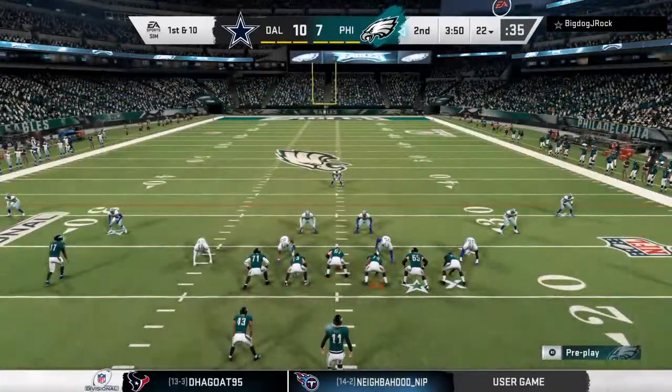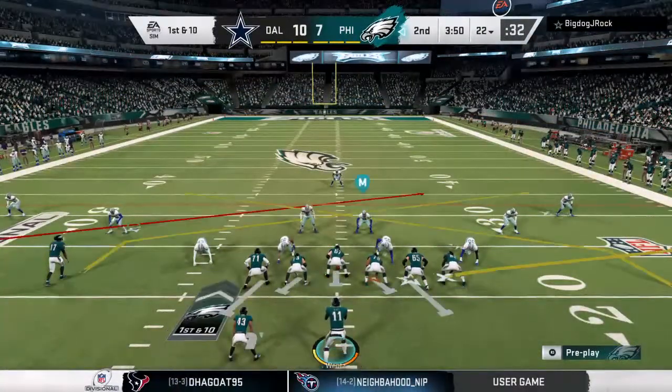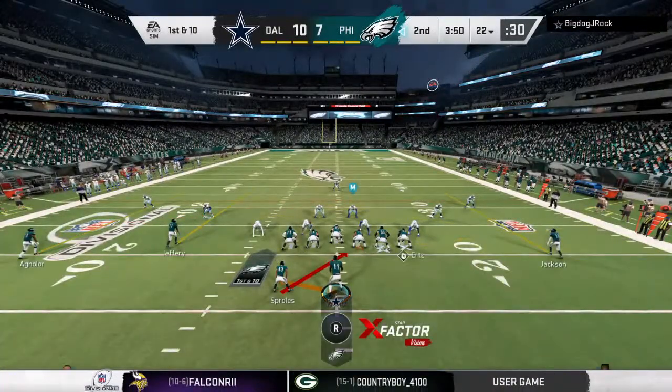The Eagles offense set to begin their next drive. The football back. Yeah, now they have a chance to get the lead if they can put something together here. And I'm eager to see how they...